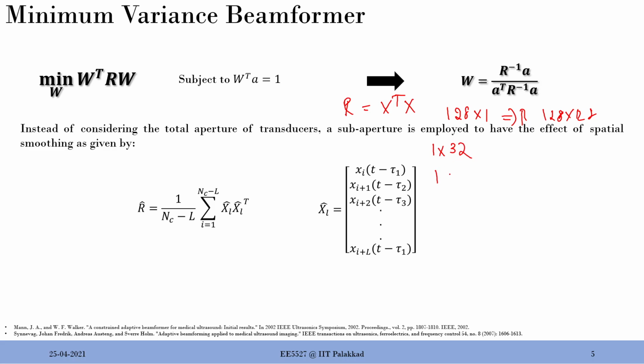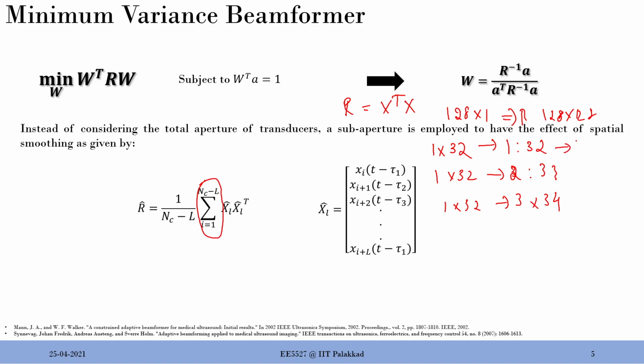This next one will also be 1 cross 32, but this one will range from 1 to 32, the first sensor to the 32nd sensor. Then this will be 2 to 33, and then another 1 cross 32 will be 3 to 34, and so on. Okay, so I obtain this sort of thing, and then what they are doing is they do a transpose between them,